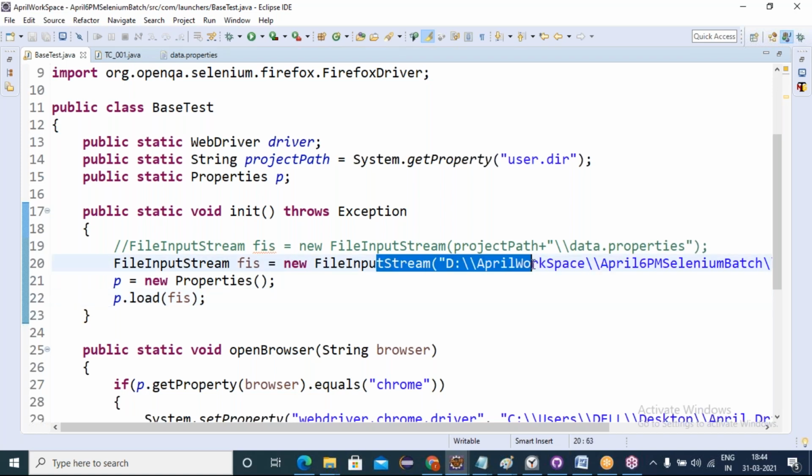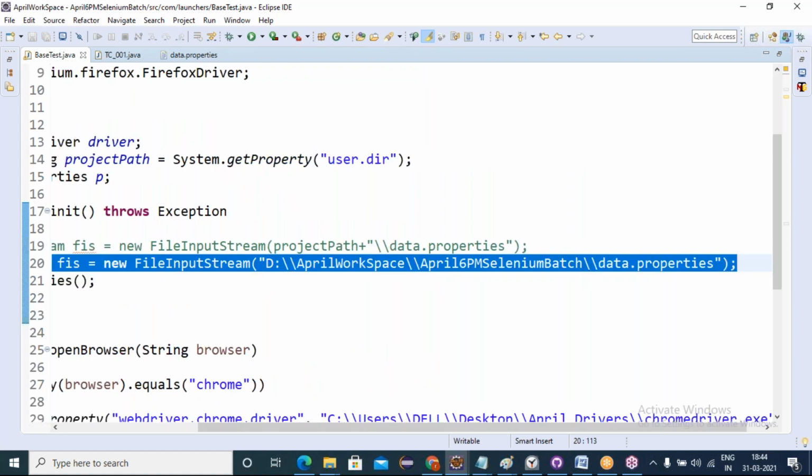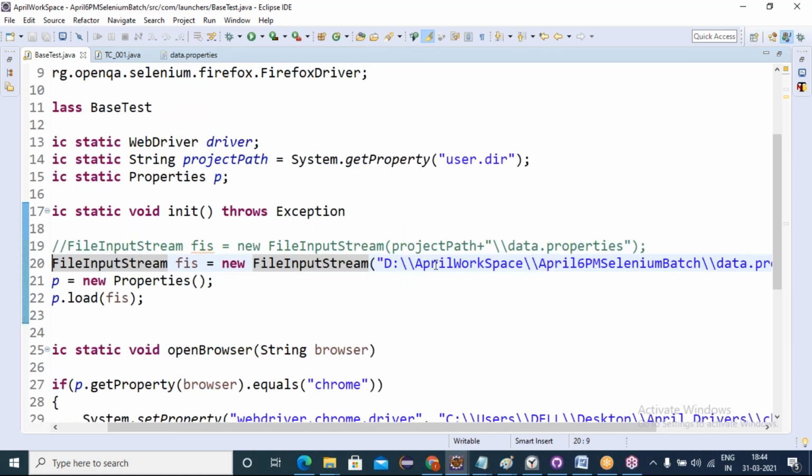If I give this code to you, is it going to work for your system? If I give the same code like this, is it going to be executed in your system? No, it won't. That's why we made it dynamic, right? In front of you I showed everything: the project root directory will vary from system to system. The project may be present in the D drive or in some other folder.